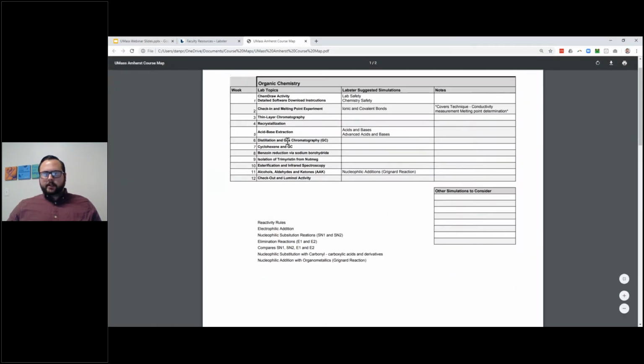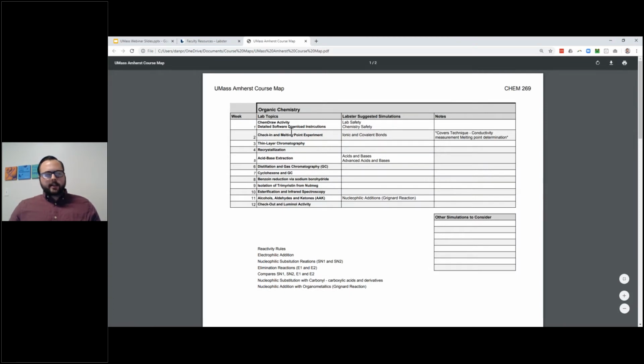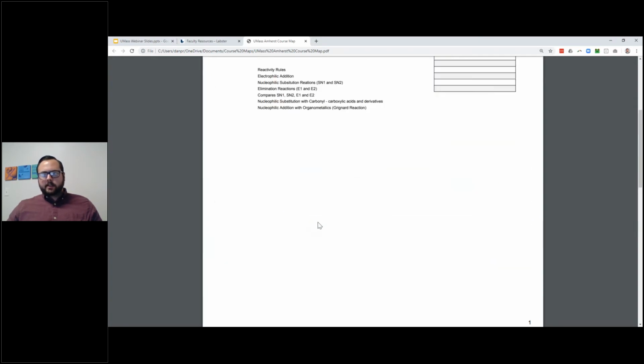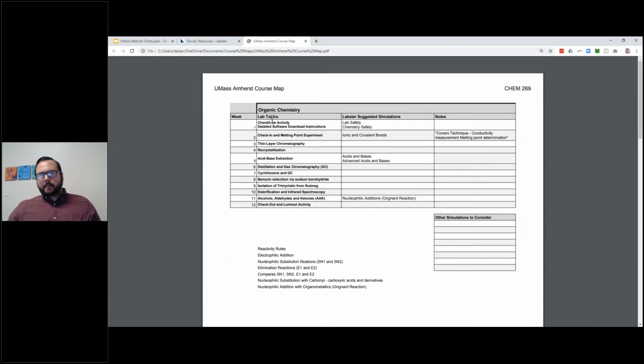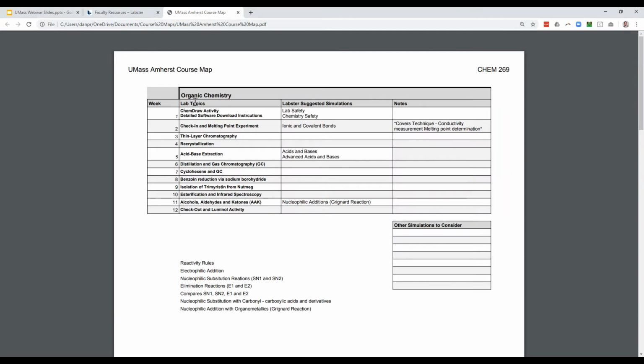So right here, we took an organic chemistry course that you guys are running, this is actually at UMass Amherst, as well as a microbiology course. And this is typically what it looks like. My team will list out the lab topics or lecture topics, and they'll be able to see what maps over the best. In this case, with the organic chemistry, as I said, we're releasing another set of simulations that I added in here personally at the bottom. So right now, this is what fits with this course, but available in February, there are going to be some more courses available here as well.